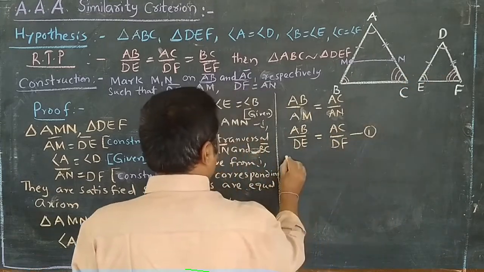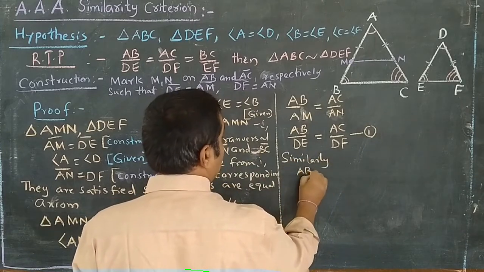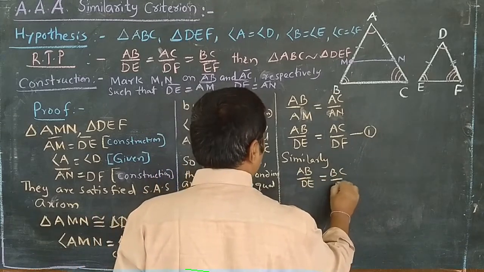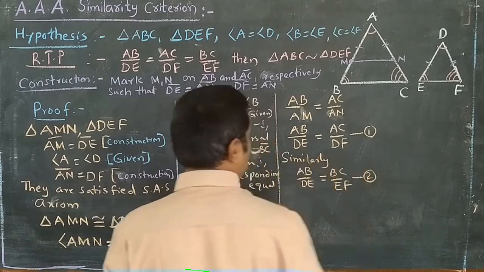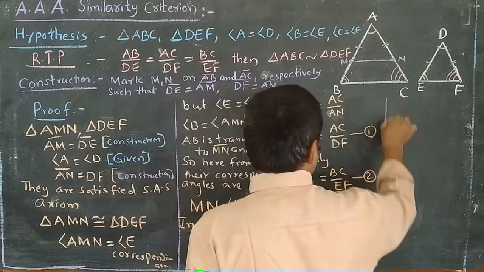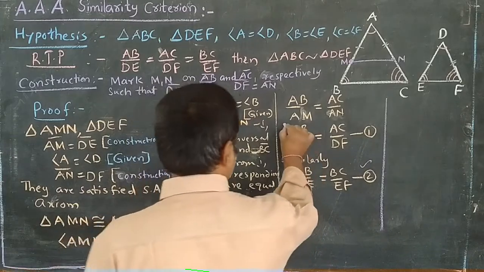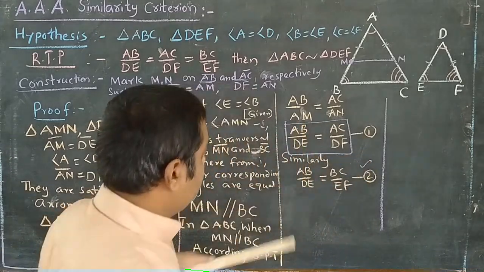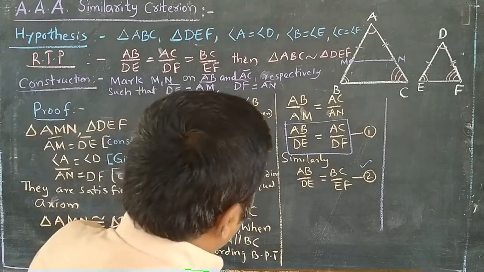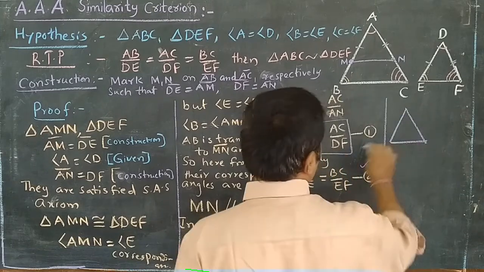Clear na? Similarly we can accept the same, AB by DE is equal to BC by EF. This is equation second. But you may get one doubt here. What is the doubt? How is this similarly, sir? This is already we proved this statement. Okay, perfectly we proved. Why should we accept this? Nothing, children. Just a construction, if you change it, you can get this answer. How? Simply I am explaining roughly. No need to do in the problem.